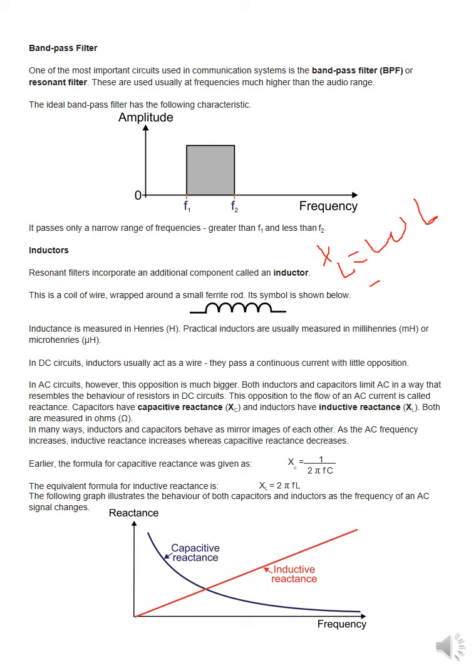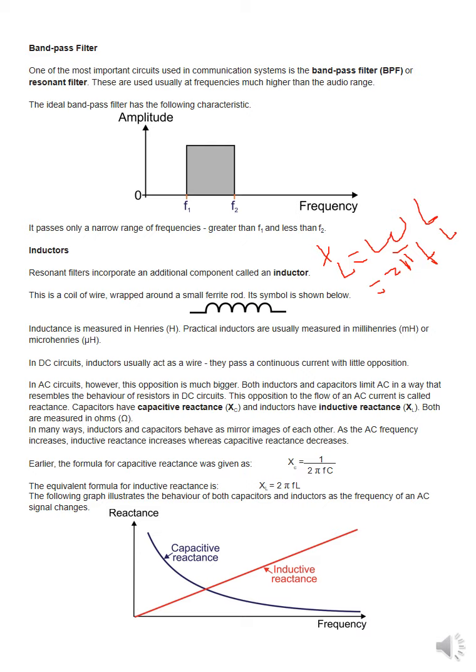Inductive reactance, if you remember from the resonance circuit, is defined as XL = ωL, or 2πfL. So the higher the frequency, the higher the value of reactance. The lower the frequency, the lower the value of reactance. If f equals 0 for DC, then XL equals 0, which means it passes DC as it is, with no change in the behavior of the DC voltage applied across an inductor.